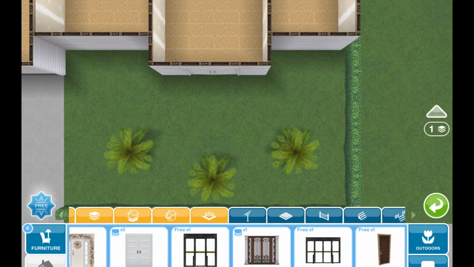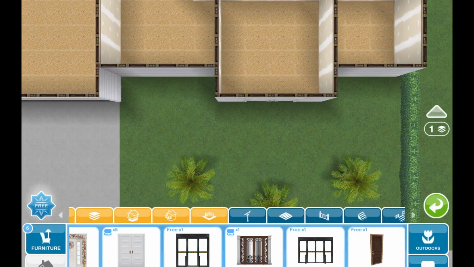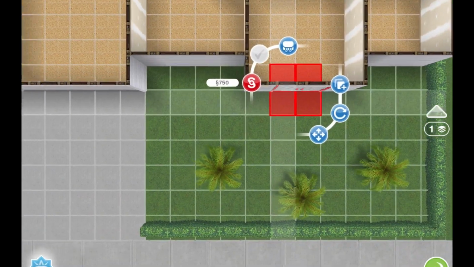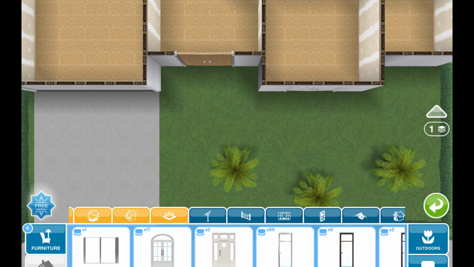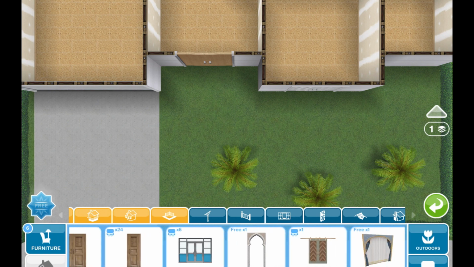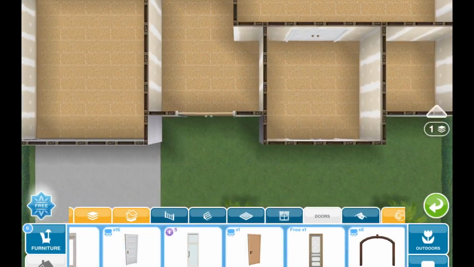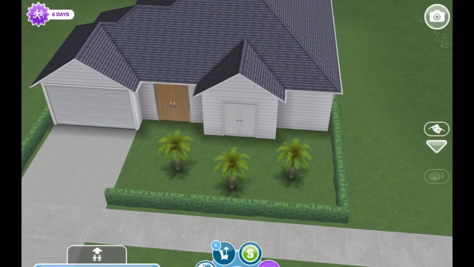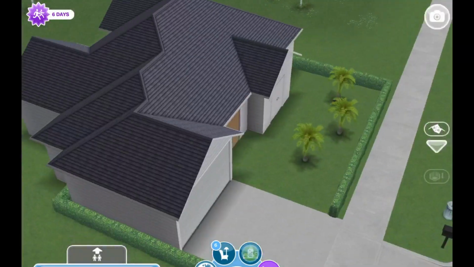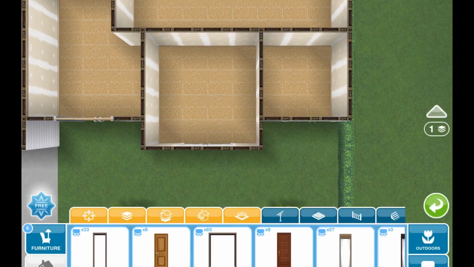But here I am already starting, and I'm just going to figure out what kind of front door I would like to choose. So I basically just go around and go through all of the doors and try to see which one matches and also what kind of style I'm going to want this home to be. So you can see me just trying to look for a door, and then I ended up using the first one that I chose, the white one. But I did cut out a lot of the scrolling because